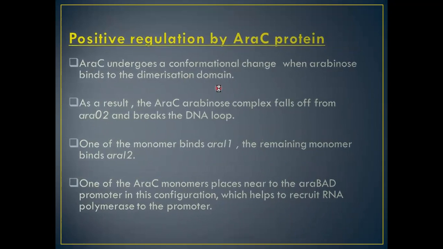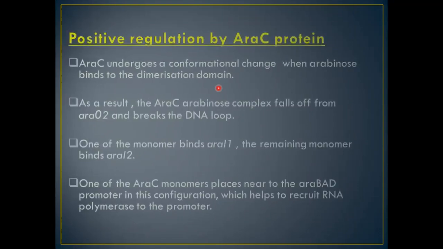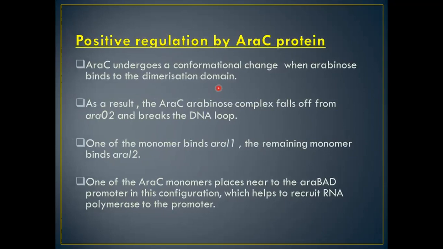As a result, the ARA-C operon arabinose complex falls off from ARA-O2 and breaks the DNA loop. One of the monomers binds to ARA-I1, and the remaining monomer binds to I2. One of the ARA-C monomers is placed near the ARA-BAD promoter in this configuration, which helps to recruit RNA polymerase